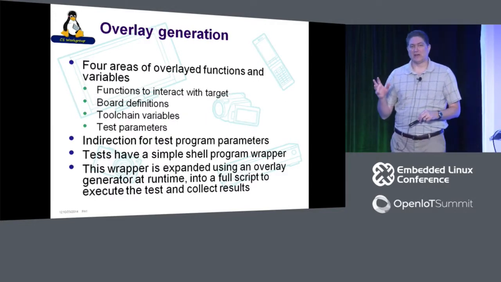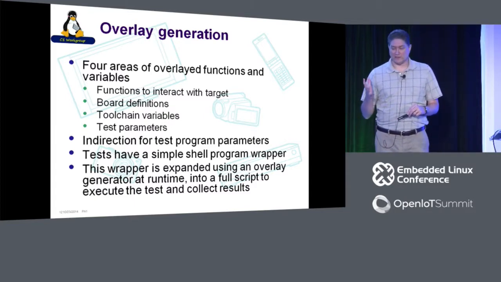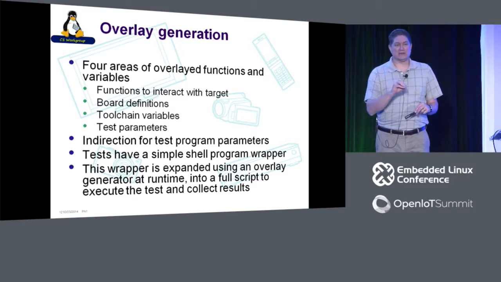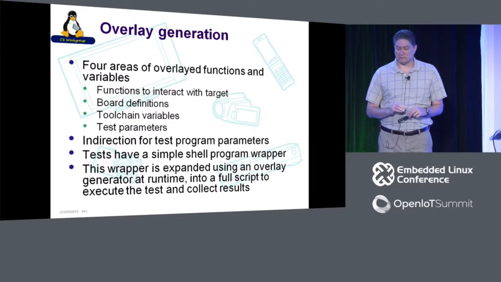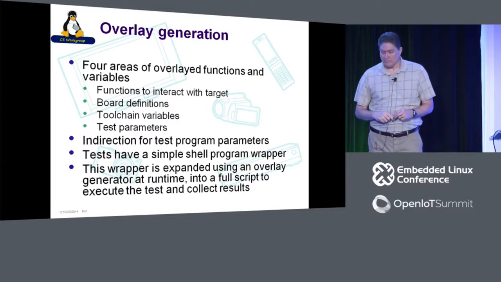In terms of how this is done, we actually use an overlay generation system. There are 4 areas of overlaid function variables. We have the actual functions that interact with the target, which is a set of shell scripts. Then the board definitions, the tool chain variables, and the test parameters. Those test parameters go through a level of indirection, which means that you just define a couple of variables at the board level, and then the appropriate variables show up in the environment of the test program,